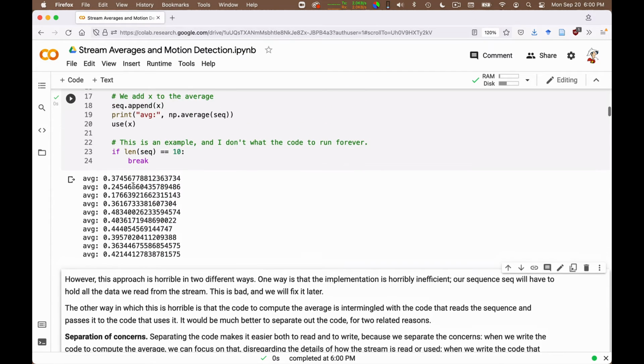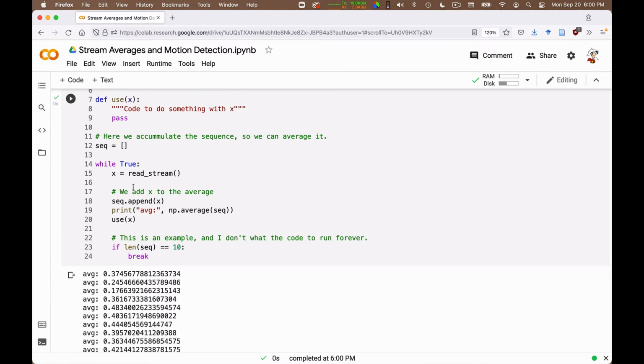Now, I want to do something better, because the problem with this code is that it mixes reading of the stream and using it with computing some statistics. And what I want to do is essentially encapsulate the computation of statistics in its own class. I do this because we want to play around in this class with how to compute statistics in different ways. And so I don't want to have to modify the code somewhere else. I want the statistics computation to be its own class so that I can have various versions of it, try one and then try the other and improve it without touching the rest of the code.